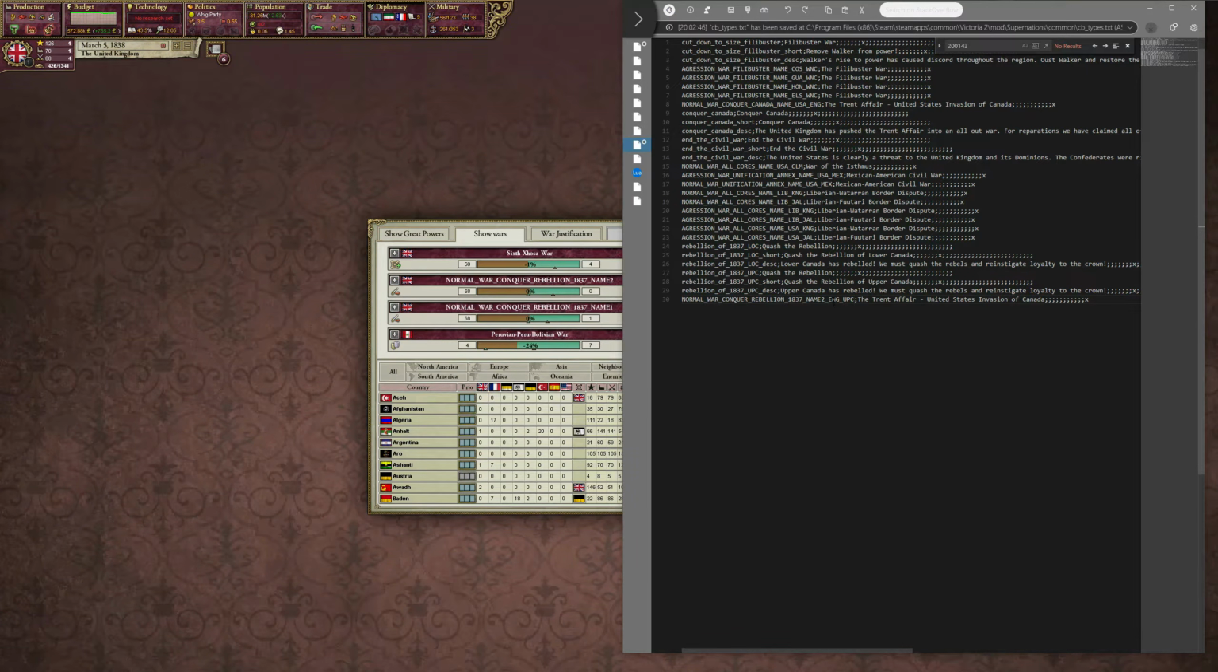So you have the attacker, which is usually always on the left side, and then you have the defender, which is always on the right side. And so you just put their tags down there. And then this is the name of the war, and we're going to make it the Upper Canadian Rebellion